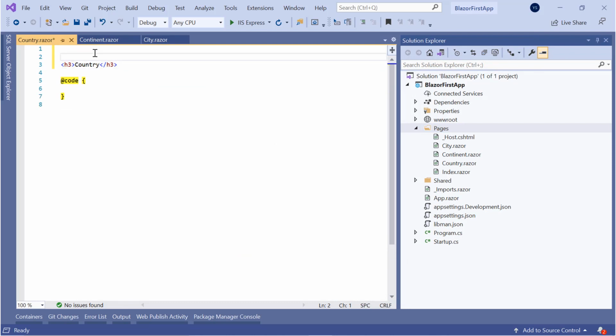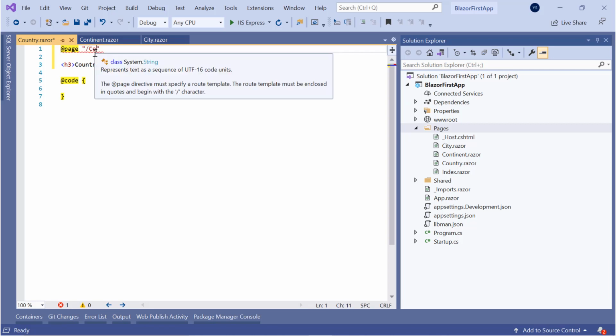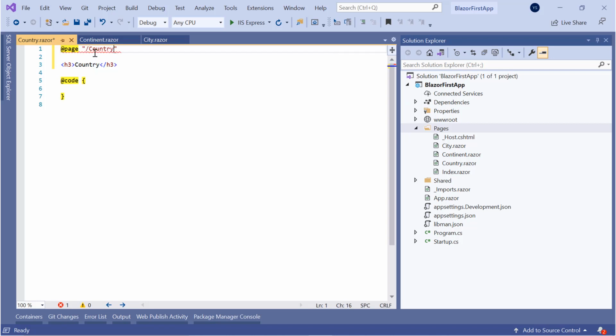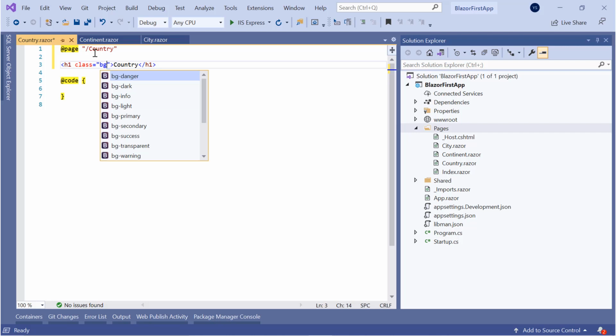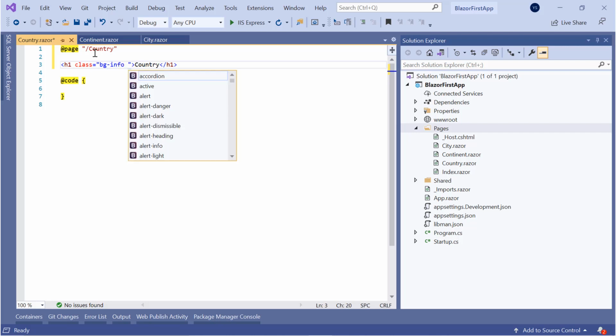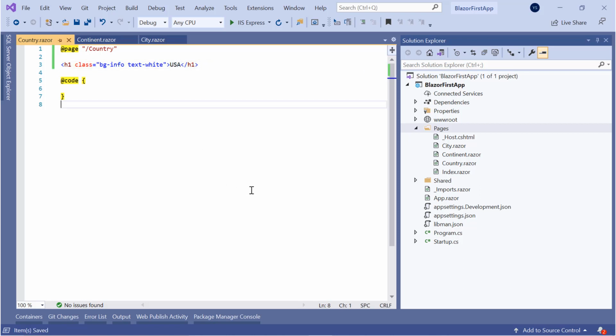And similarly give it the route as @page "/country", h1 class bg-info text-white, and the name is USA.